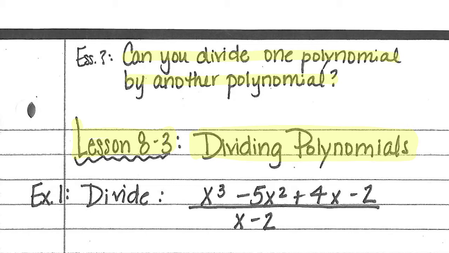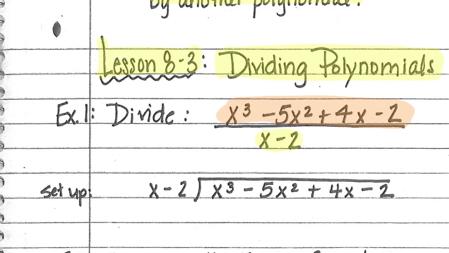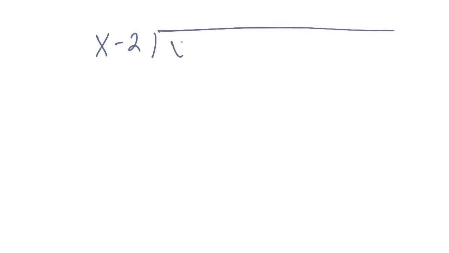In example 1, we're taking x minus 2, and we're putting it into x cubed minus 5x squared plus 4x minus 2. The first thing we have to understand is the setup. So we do have to set up our problem like this. Since I don't have a ton of room, I'm going to make room, and I'm going to show you how to do this. So I'm taking x minus 2 and I'm dividing it into x cubed minus 5x squared